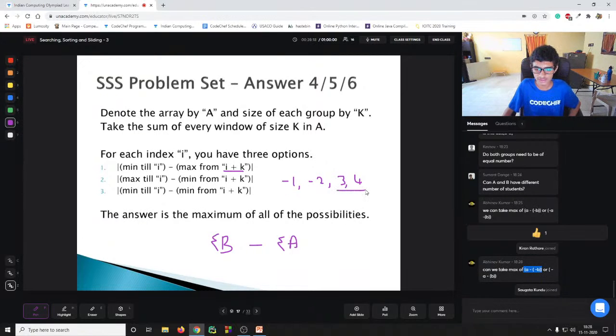-1, -2, and 3 and 4. So taking these two, the sum of b will be equal to 3, 4. So the maximum might be 3, 4. Actually, it may be simpler to understand if we reverse the order: 3, 4, and -1 and -2. So the minimum till I is equal to 3, 4, and the maximum from I plus